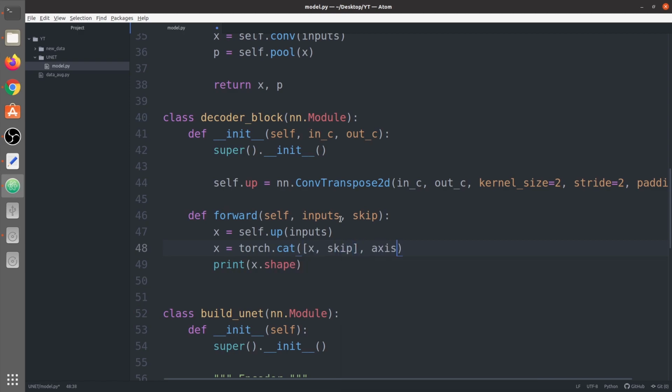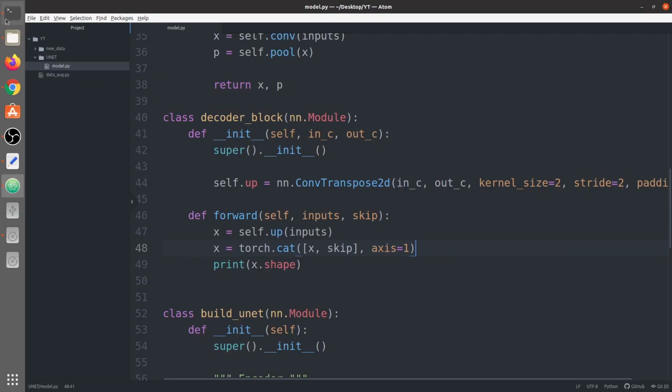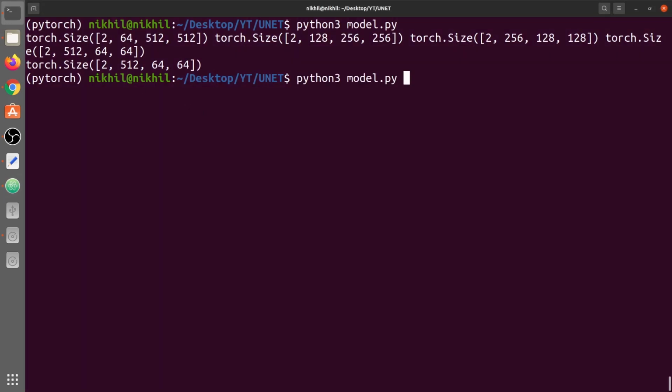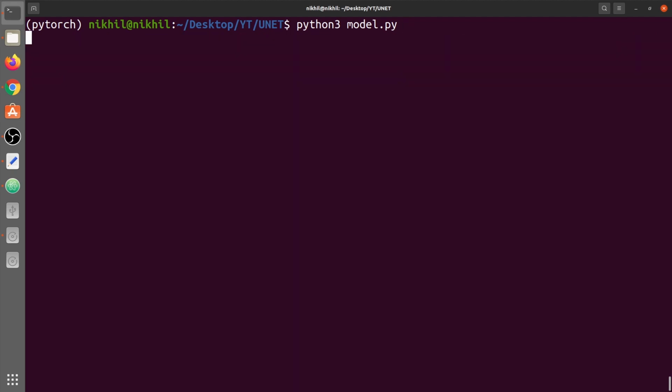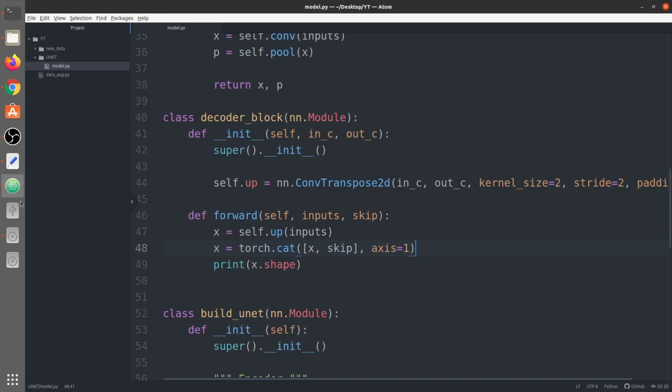We want to join them on axis 1 because in PyTorch axis 1 contains the number of channels, and in TensorFlow the last axis, or axis -1, contains the number of channels. Now we print again the output feature map shape. You can see the shape is 1024 by 64 by 64. So both feature maps are concatenated and form a bigger feature map.